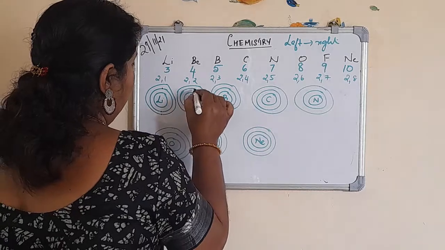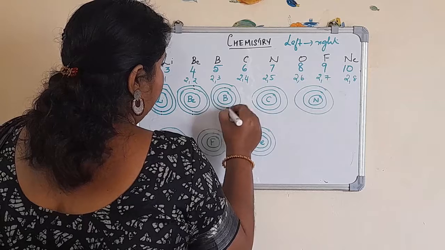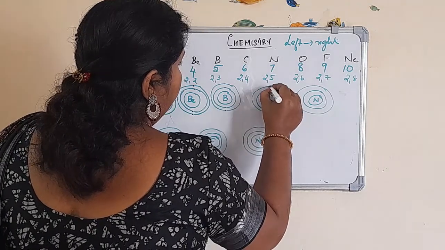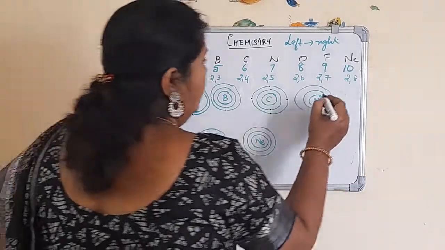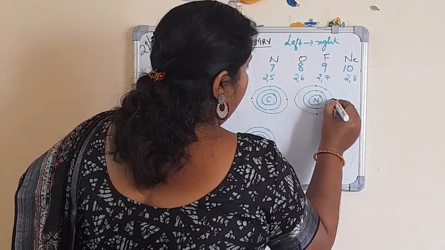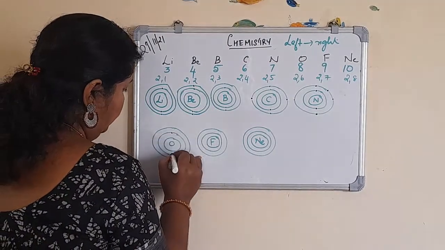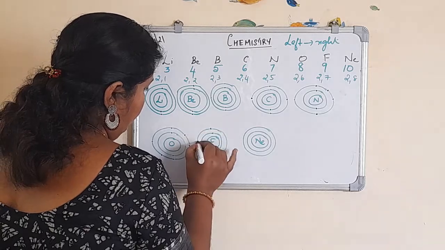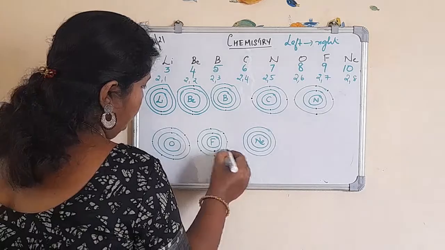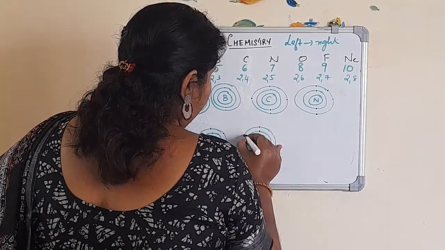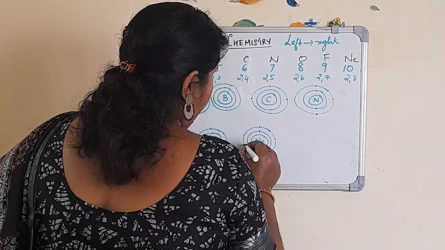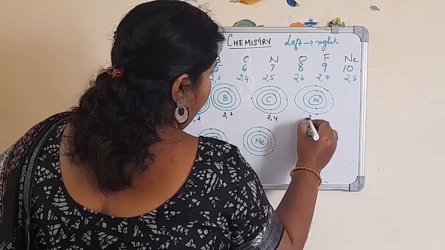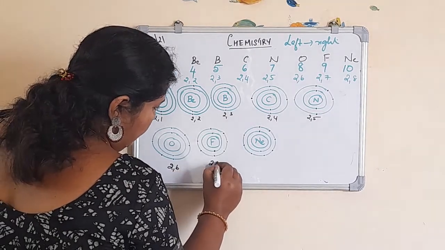Two and 1. Here 2, 2. Here 2, 3. Then here 2, 1, 2, 3, 4. Then here 5, 1, 2, 3, 4, 5. Here 2, 1, 2, 3, 4, 5, 6. Here 2 electrons, 1, 2, 3, 4, 5, 6, 7. Then neon, 1, 2, 3, 4, 5, 6, 7 and 8. Okay, here it is 2, 1, 2, 2, 2, 3, 2, 4, 2, 5, 2, 6, 2, 7 and 2,